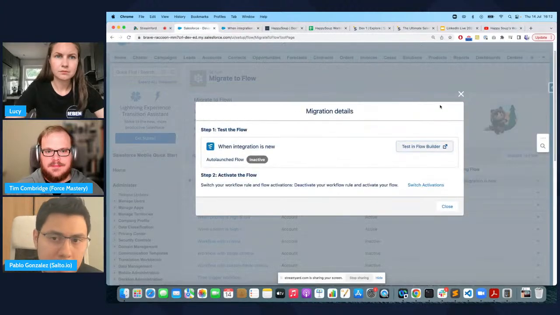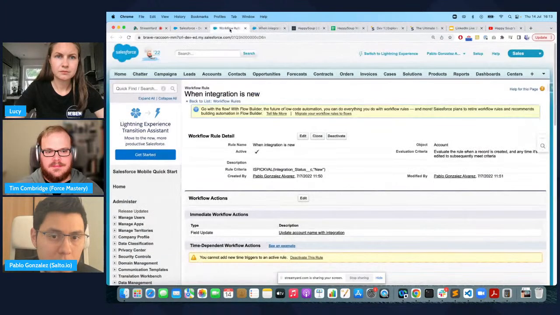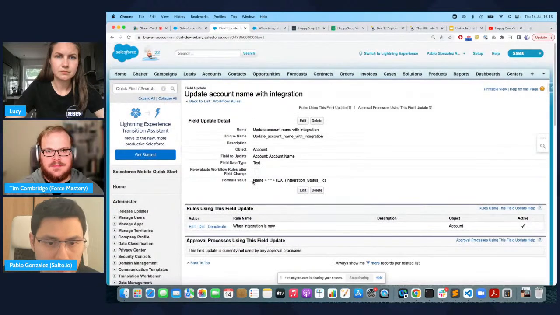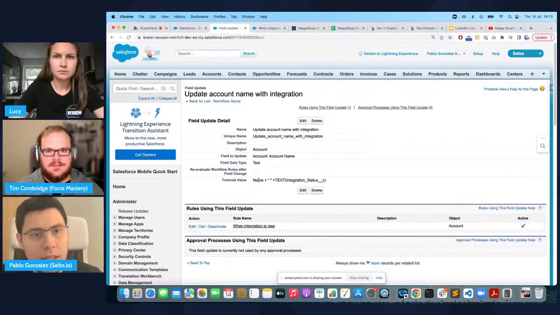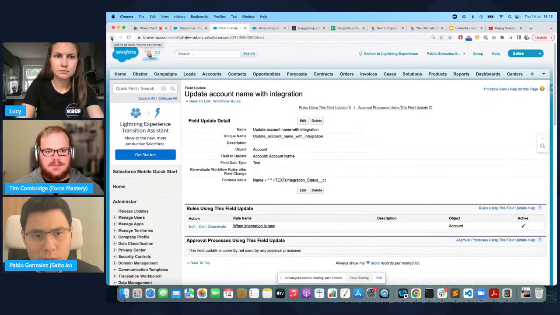For example, if we go back to the original workflow here, we can see that the workflow is using a formula as the rule criteria, and then the field update is also using a formula as the value to update. Now, creating a flow that does exactly the same may not be too straightforward. If you're not used to flows, you may not know how to go about it. How do you create a formula as the criteria, and then how do you use a formula as the update